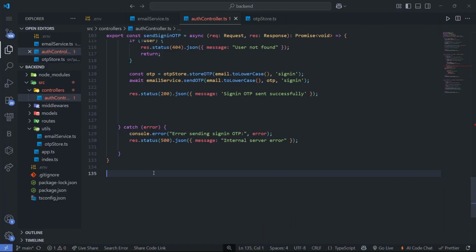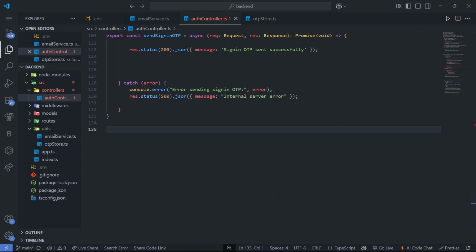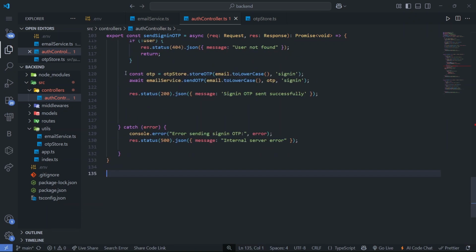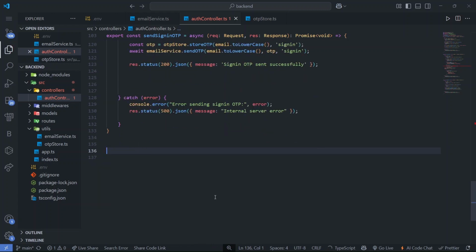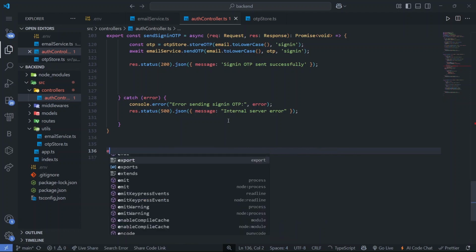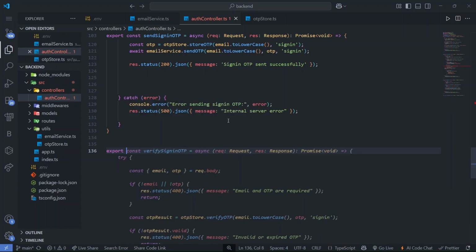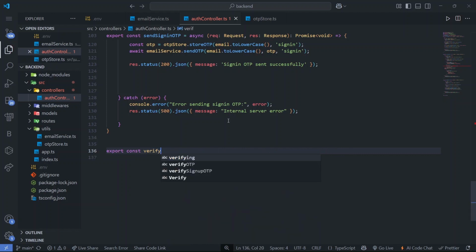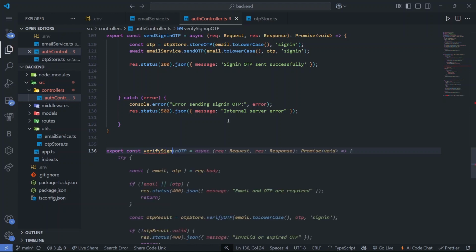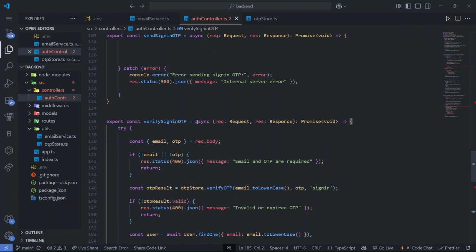So after that we have to write the code for the verify, right? Here we have written the code for sending the OTP when the user signs up. Now the second step is verify OTP, right? So we have to verify OTP. So export const verifyOTP, sign in OTP, and similarly we are receiving the request and response from the user, returning a promise, and